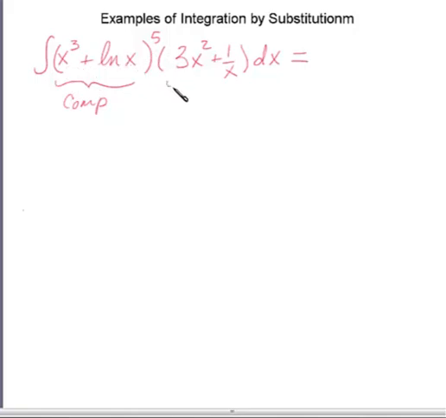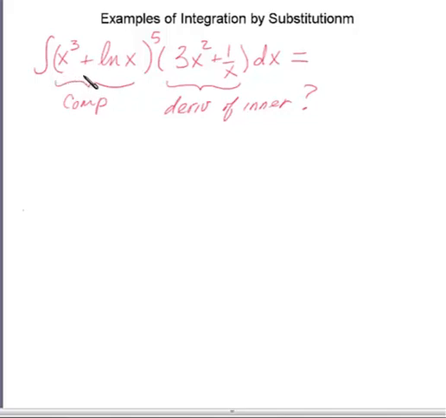Now the question is, is this the derivative of the inner function? Is that the derivative of the inner function? Well, if the inner function is x cubed plus log x, the derivative would be 3x squared, yeah, plus 1 upon x, yes. All right, so this is the form